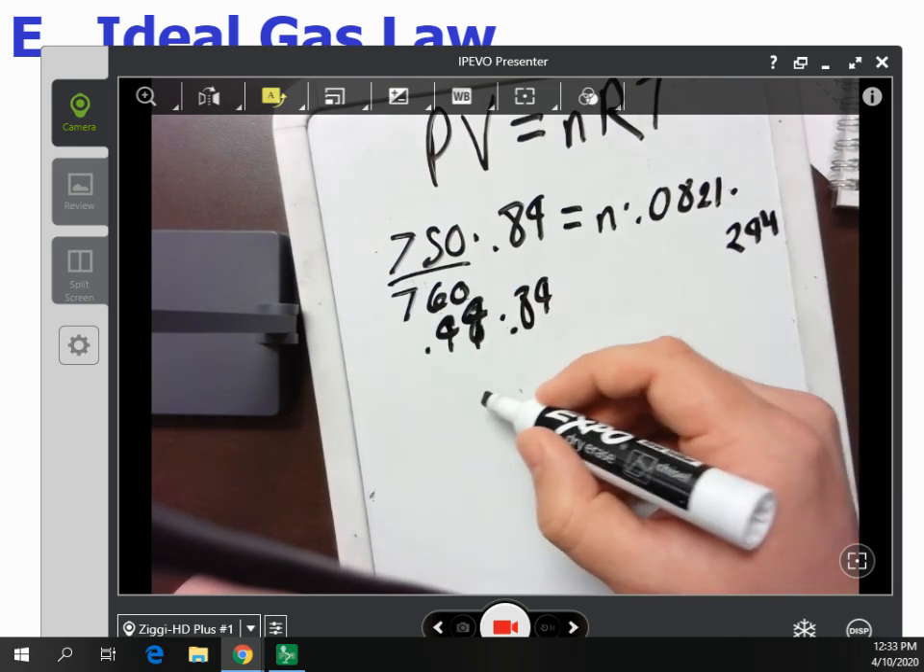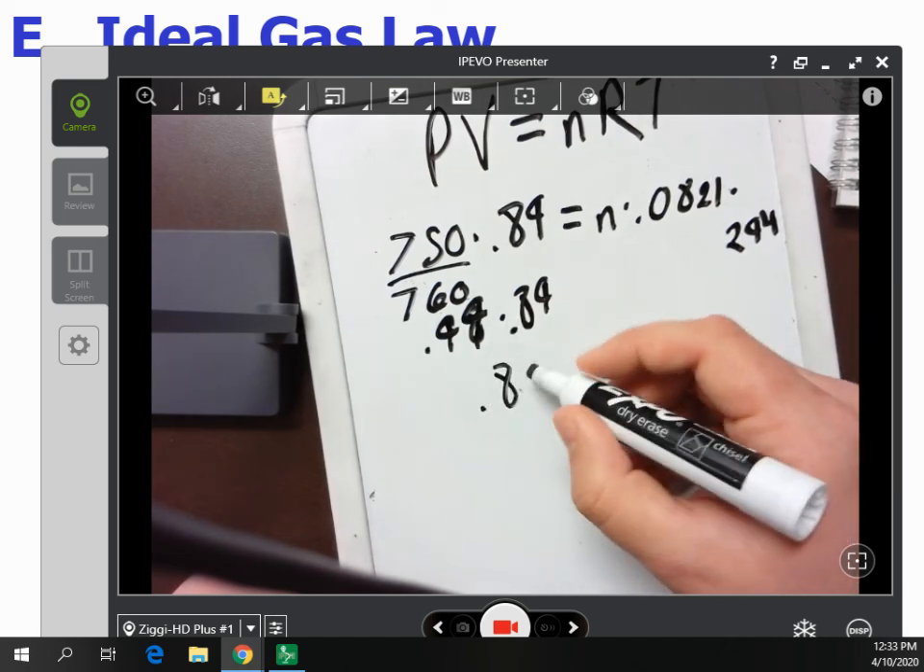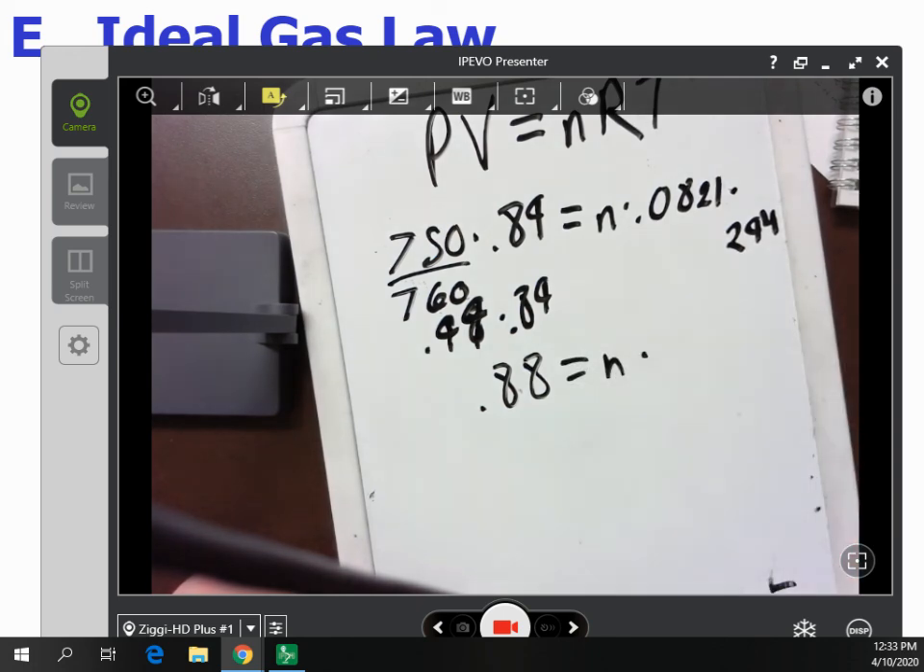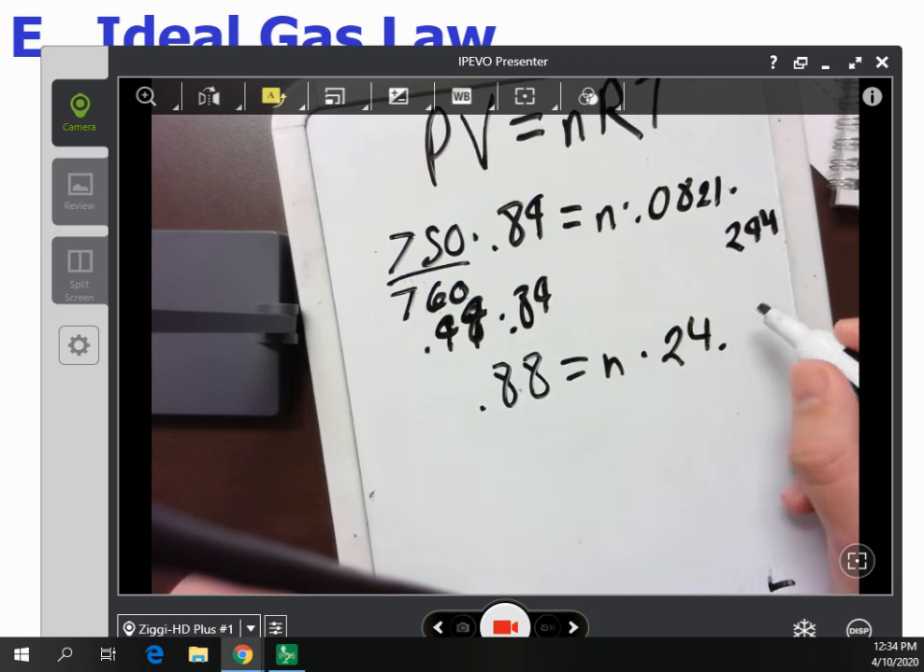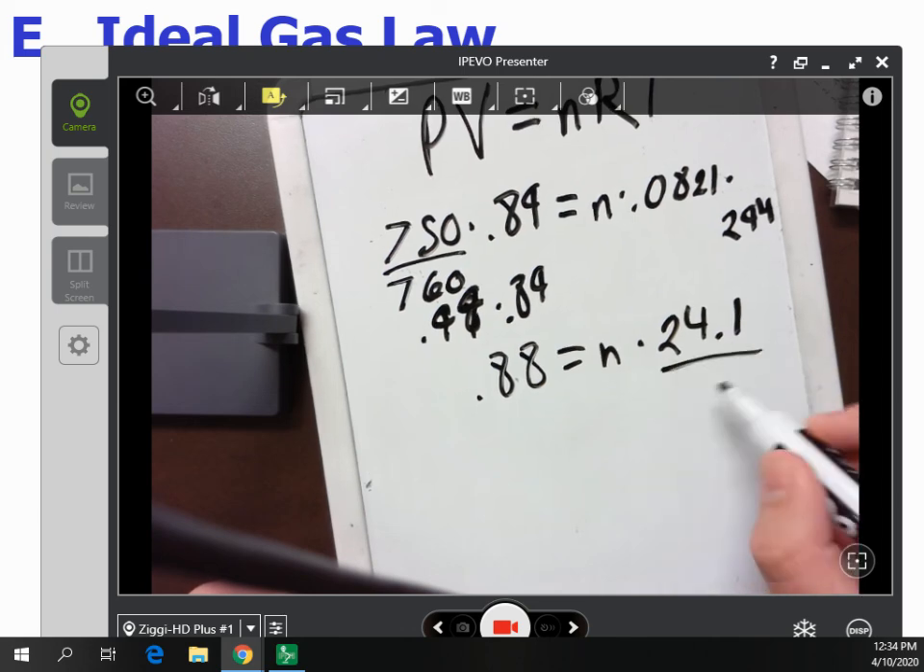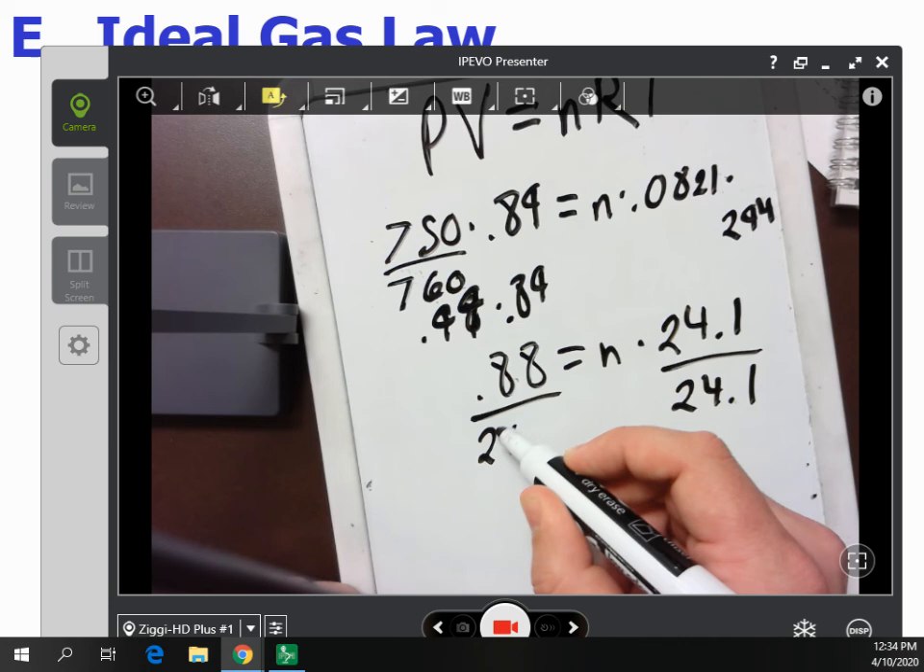that's going to give us our 0.88 equals n times, and we'll do these combined. So 0.0821 times 294 equals 24.1. So now in order to get this over here, we got to divide by 24.1 from both sides to get